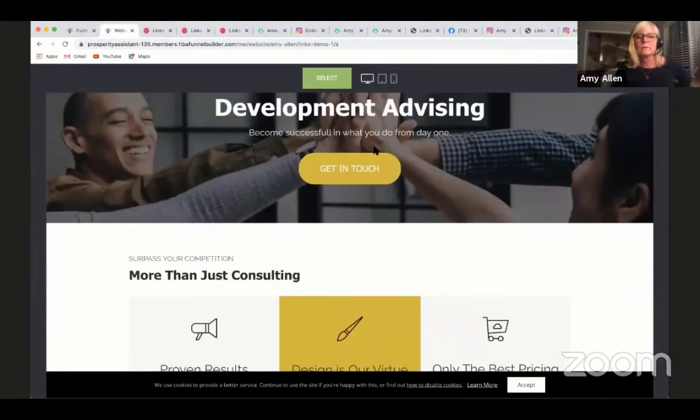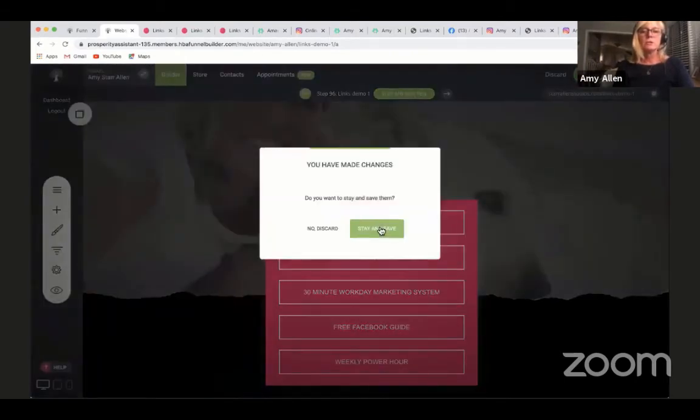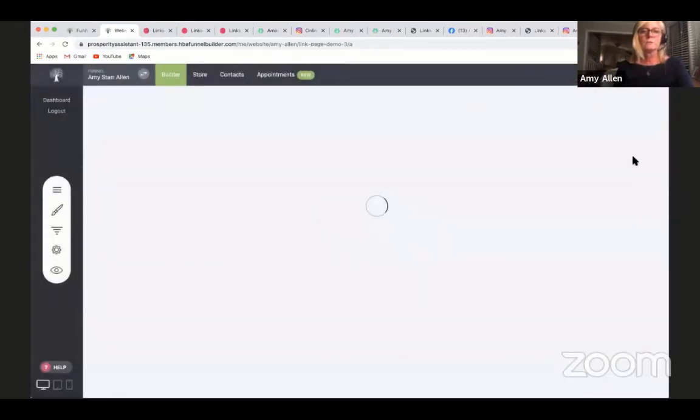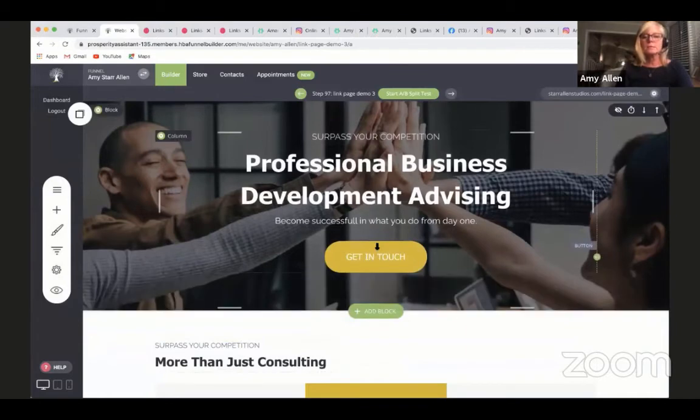So I'm just going to show you real quick. And you can do this with any template. You can just change it to meet your needs for a link page or any other kind of page that you want to build in here. We have so many templates to choose from. All right, so you would just load it in. And then all you would do, let's say you like the look of this button